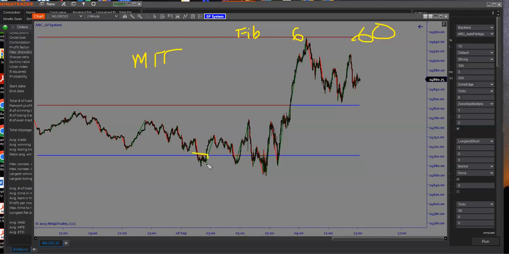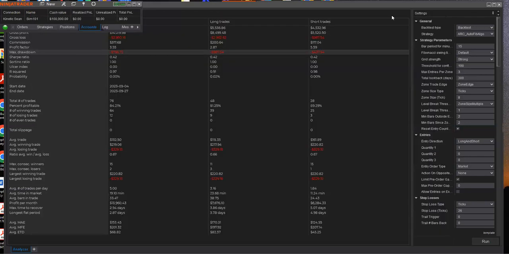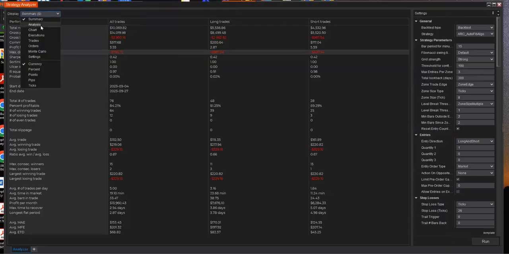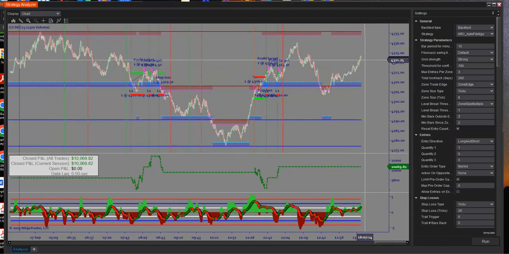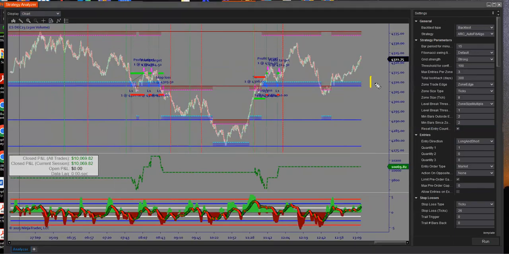There's a reason why it reacted here. This is not by accident. This is 6 levels of information coming from the 60-minute time frame. Same thing here. This is not some small piece of data. What we had to do is, how do we take this and turn it into an algo? That's what we did. That's why when you go to this chart, these are from the 15-minute.